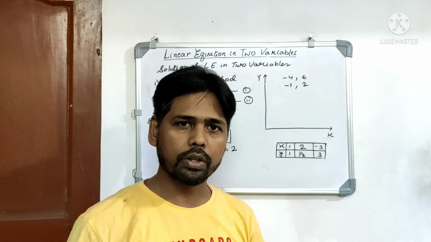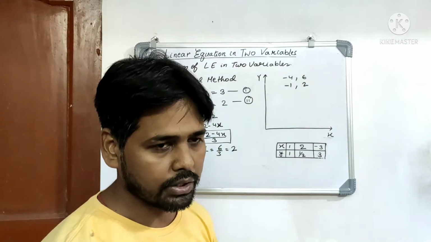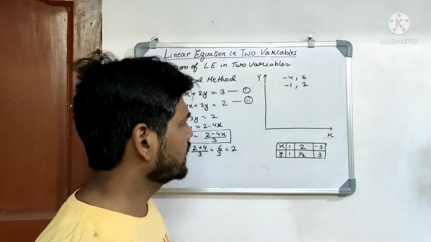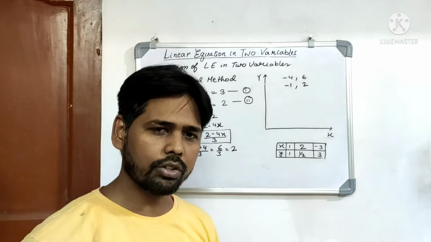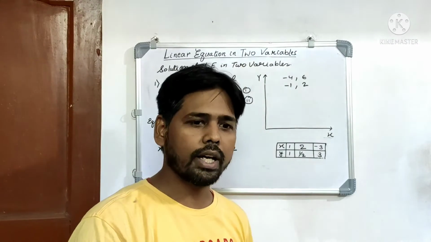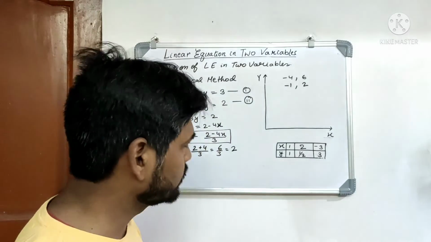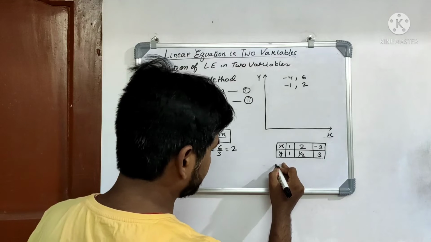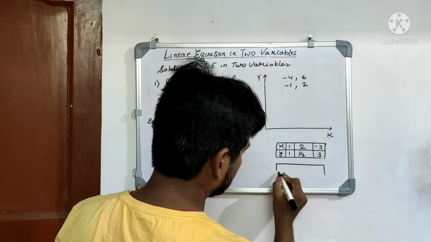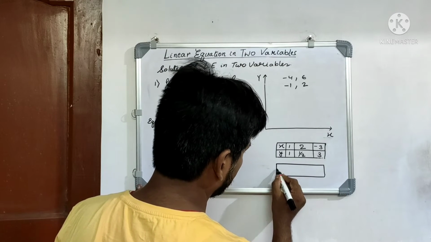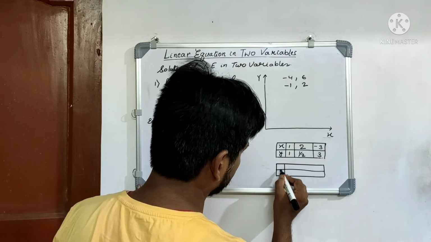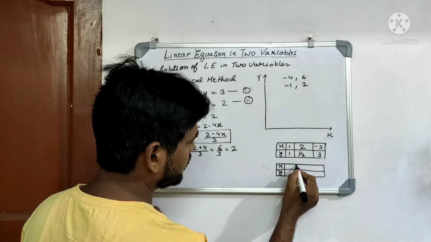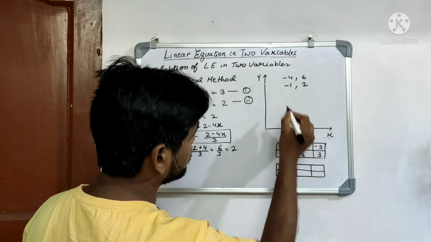sufficient for plotting any line on any plane, but in order to draw a particular straight line, we can consider more than 2 points, or we can even draw the equation with the help of 2 points also. There is no harm in it. Now if we wish, we can calculate another set of values. So this one is going to be the plotted points that are supposed to be plotted for the respective value of x and y. We have taken only 2 points over here, so I am just drawing these 2 points.